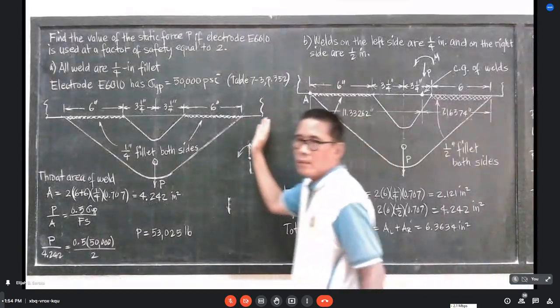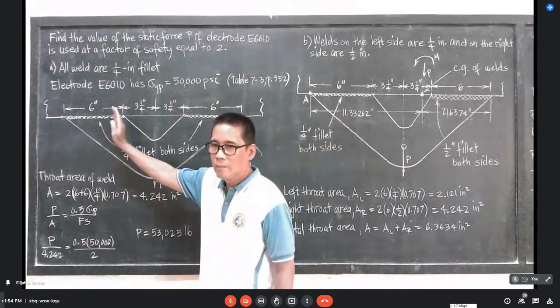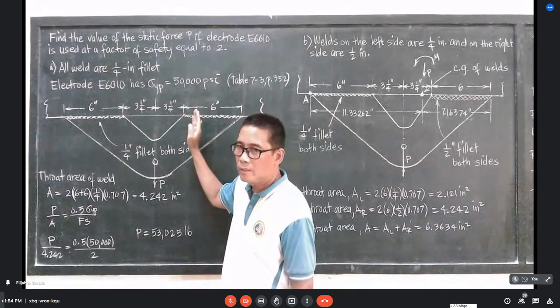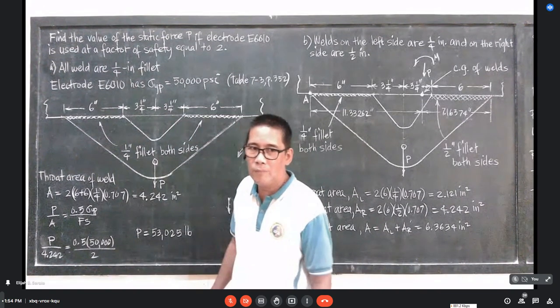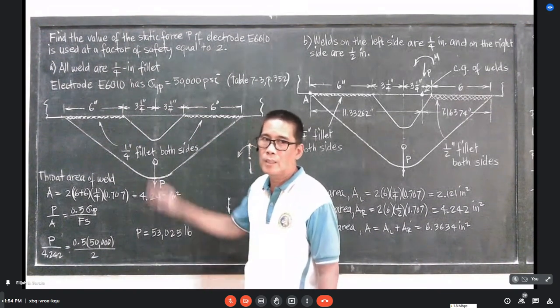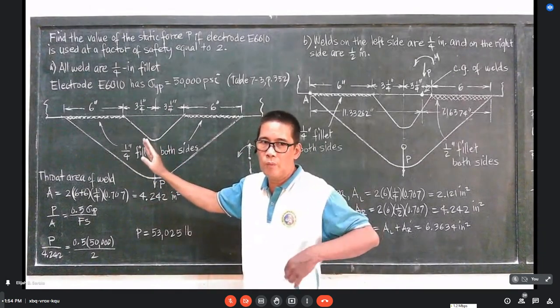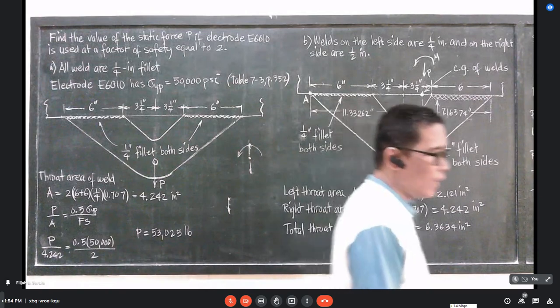Initially, sila tanan parehas ang load, parehas ang stress. Pero i-shift mo ang iyong center of gravity, atong pinakalayo sa center of gravity will have a bigger twisting shear. So mas dako ang iyang carry. So it means also it will become weaker. So that is what happens here. So the advice here is